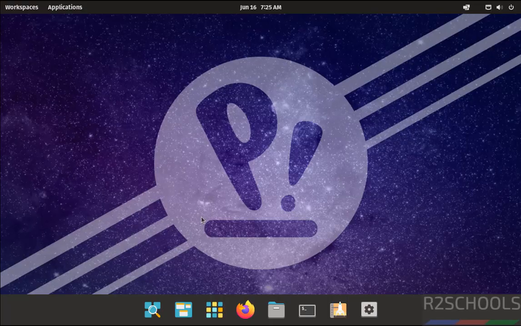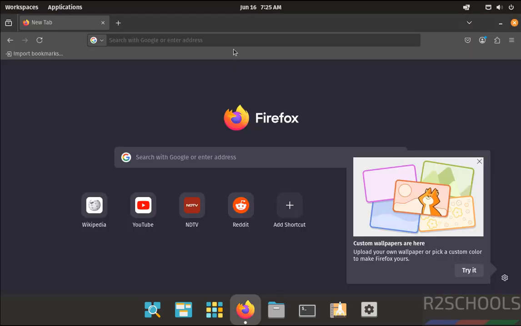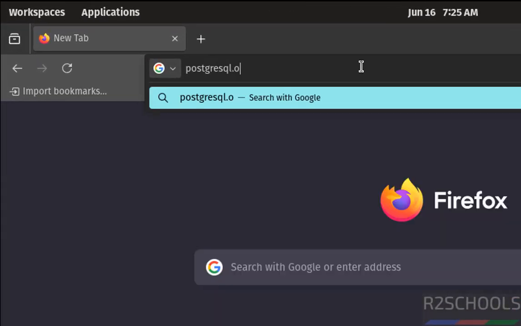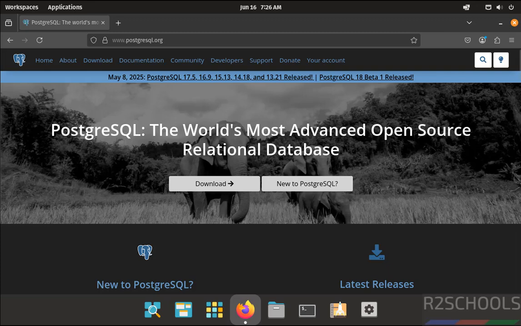Okay, first open the default browser that comes with PopOS, that is Firefox. Go to the PostgreSQL official website, that is postgresql.org. See here, the latest release at the time of making this video is 17.5. Click on download,